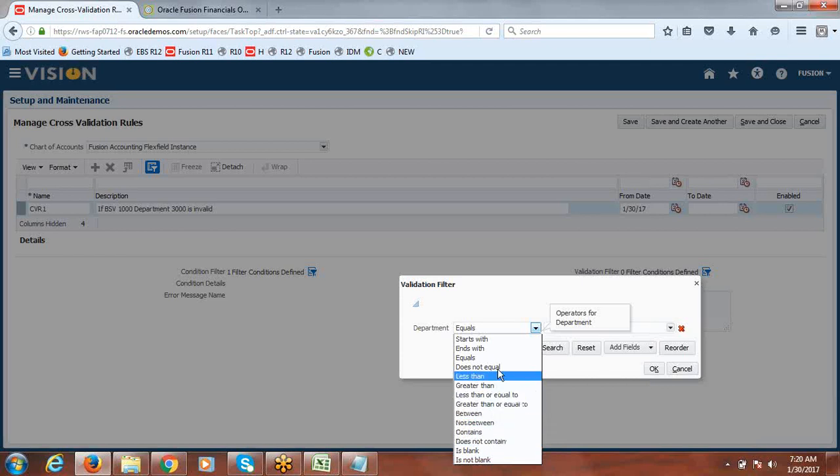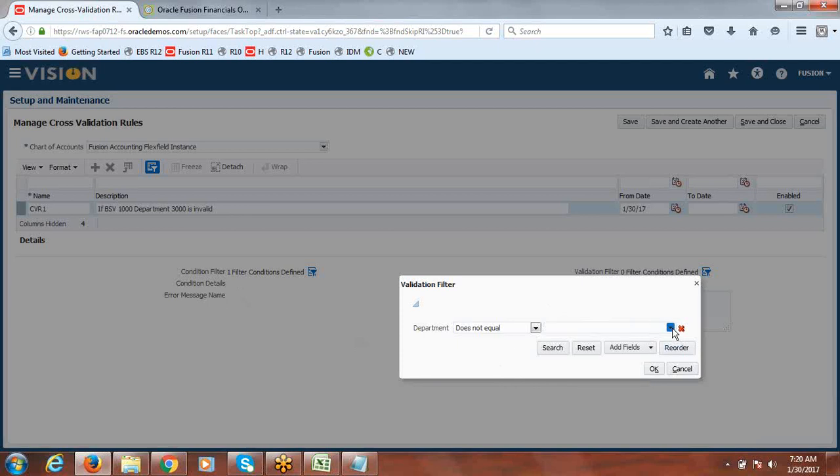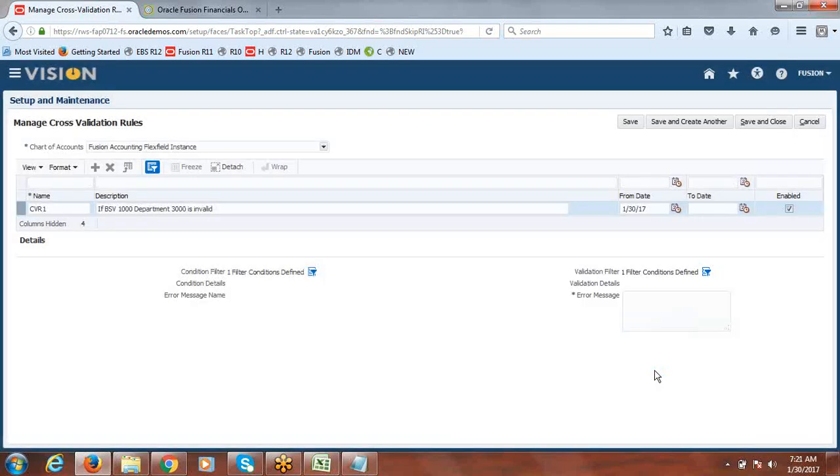I'll say here does not equal. If company is 1, department does not equal to marketing. Okay, so this is how you can create a number of rules. A number of conditions you can define, and an error message you can specify if somebody is going to select